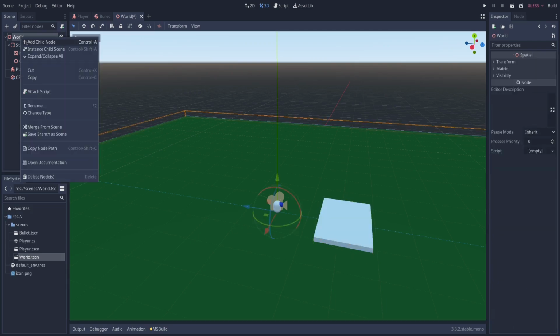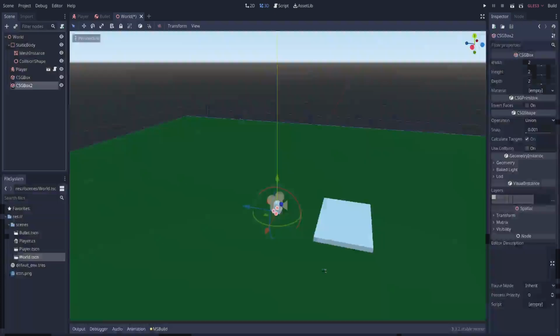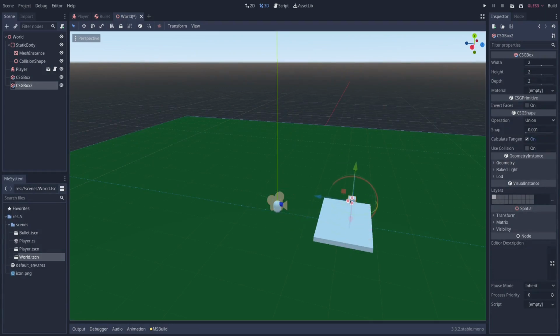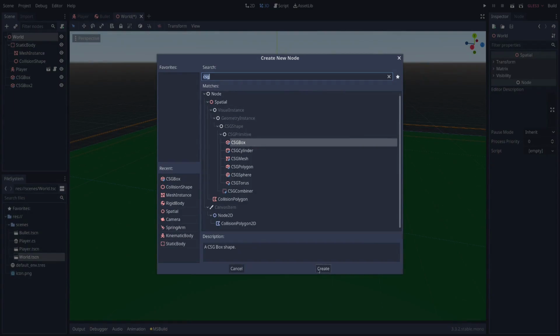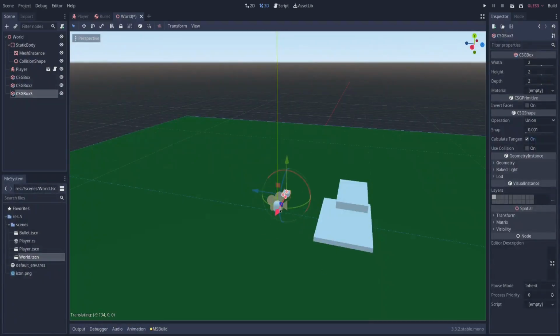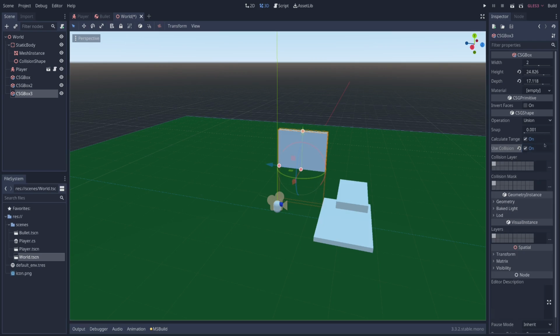Let's add another one. This one I'll drag over here. Let's make this one a little bit taller. And finally, I'll add a third one. This one I'm going to push over here. I'm going to make it really tall and wide. And I'm going to also add